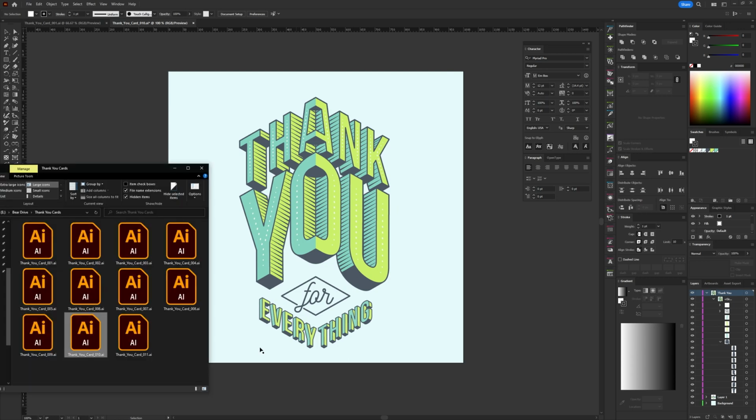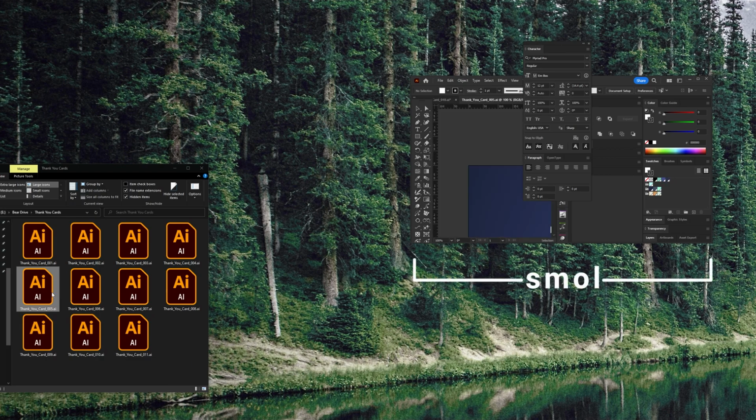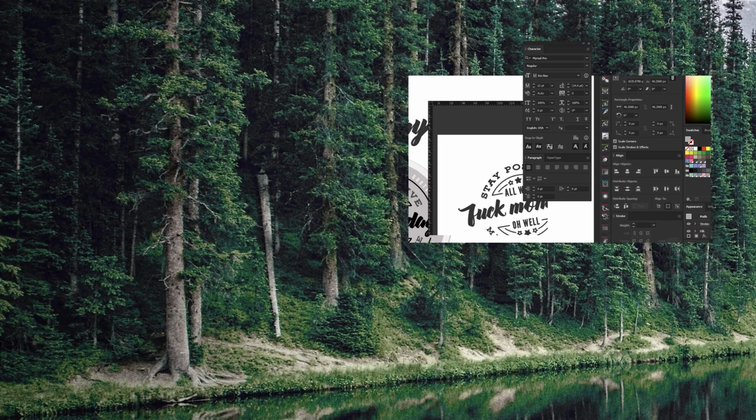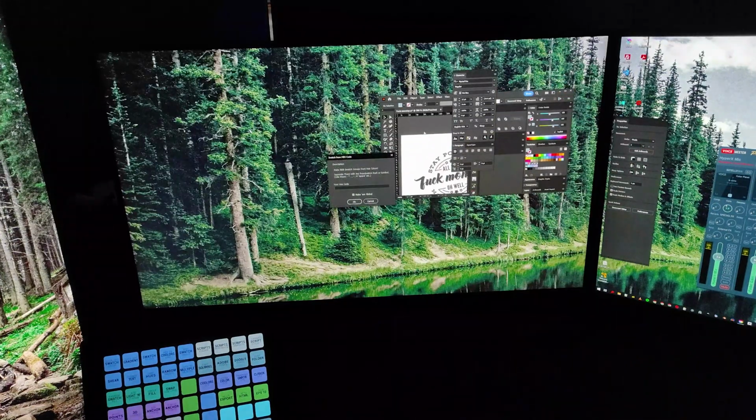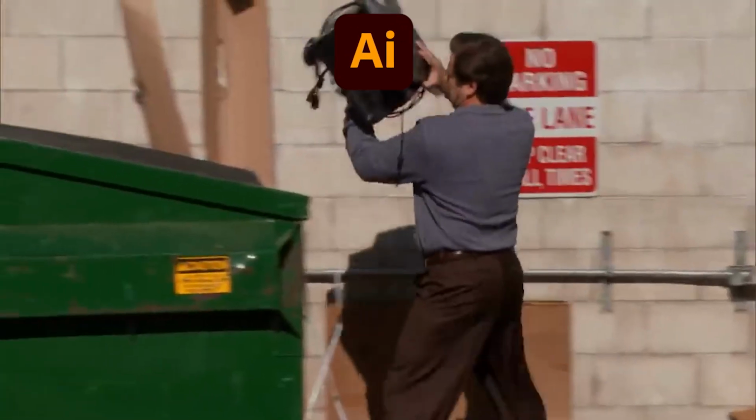Illustrator has this annoying bug. When you open a file by double-clicking it, Illustrator goes from full screen to small. The same happens when you use a macro pad to run scripts. I like scripts and use a lot of them, so it's super annoying to resize the window every single time. Ain't nobody got time for that.